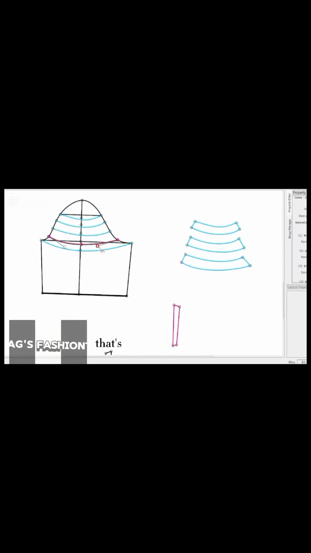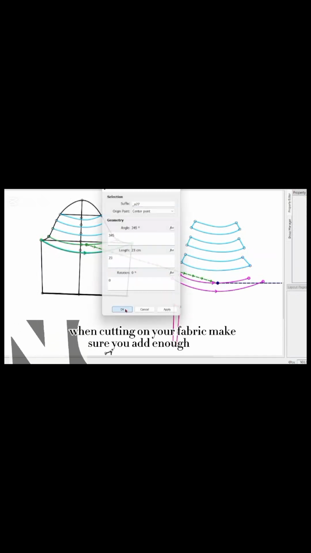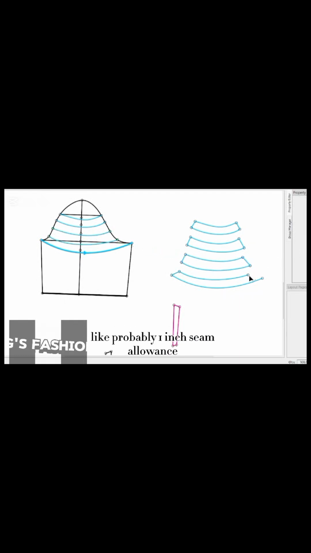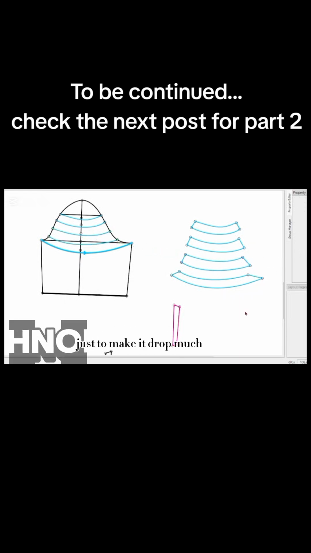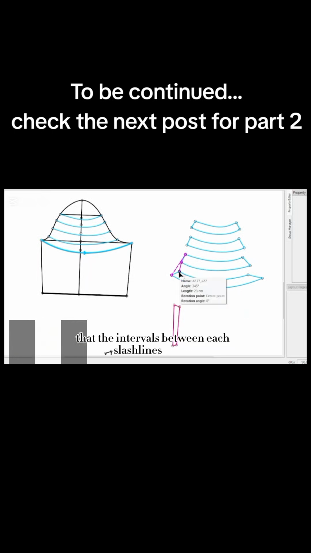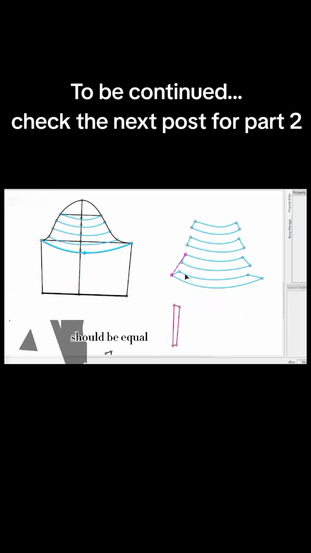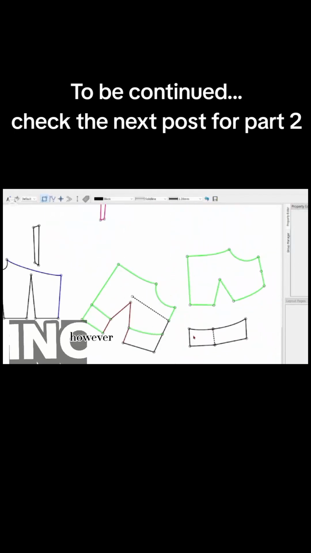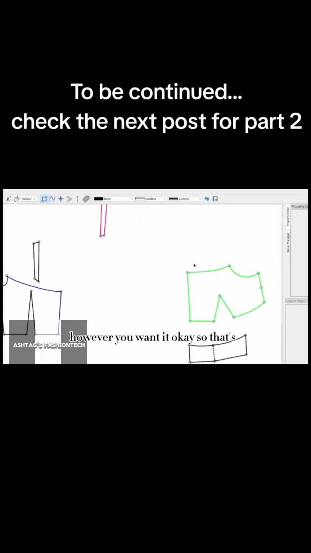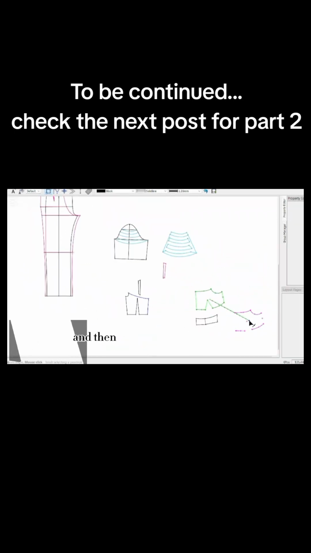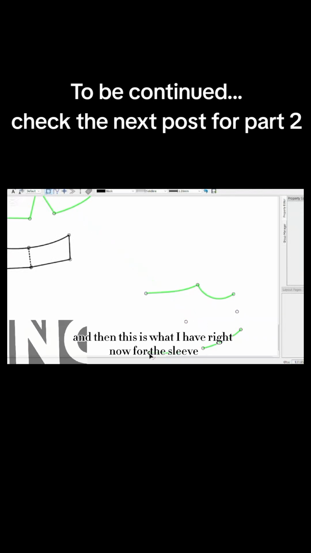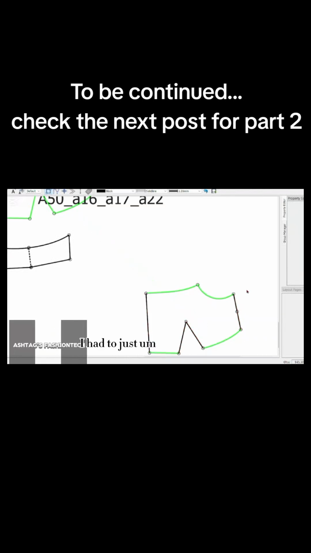That's about that. And yes, when cutting on your fabric, make sure you have enough seam allowance, like probably 1 inch seam allowance, just to make it drop much more. The intervals between each slash line should be equal, maybe like 1 inch intervals, however you want it. So that's about that. And then this is what I have right now for the sleeve. I had to just eliminate that